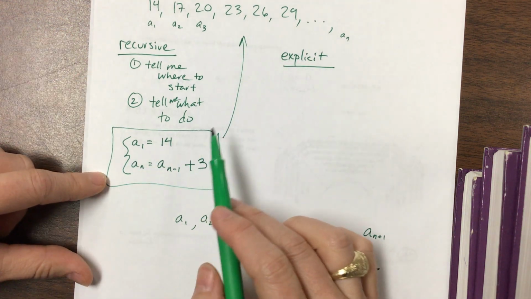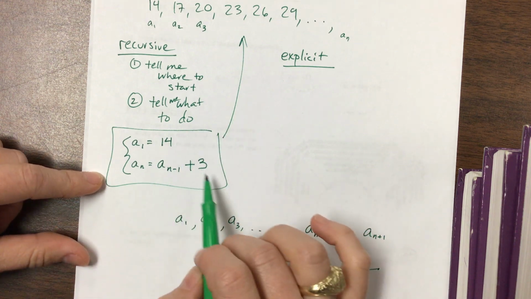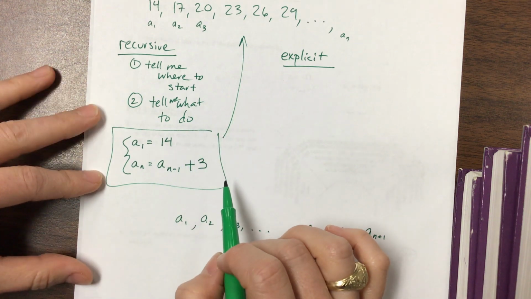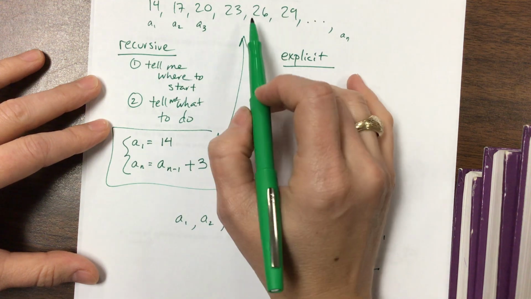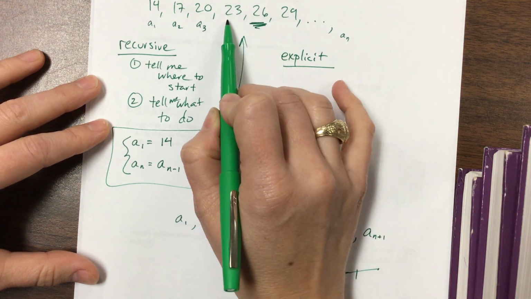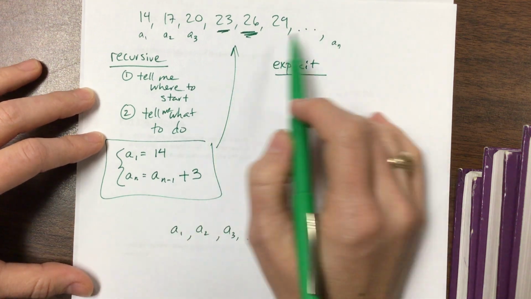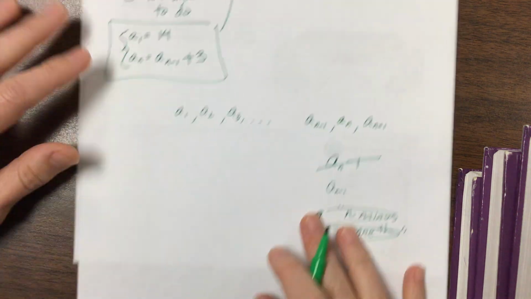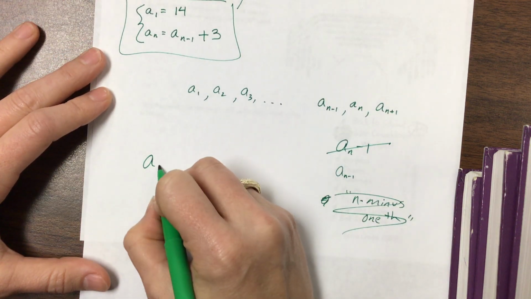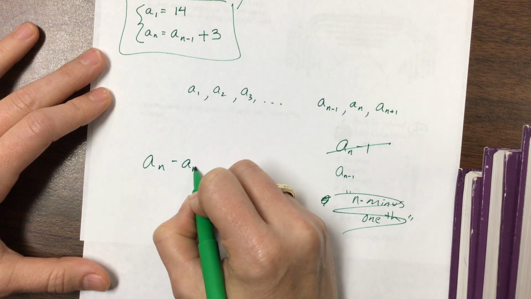Now, this amount that we're adding each time is called our common difference. If I take one random term, say this one, and subtract away the term right before it, so 26 minus 23, I get 3. That should be the same. What I can say here is that A sub n minus A sub n minus 1